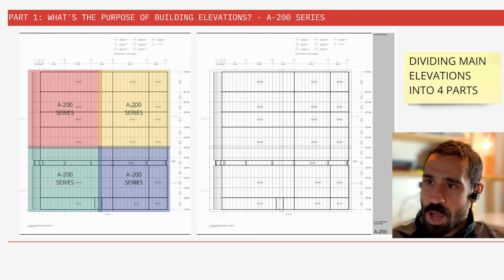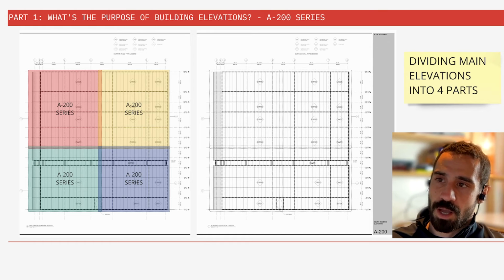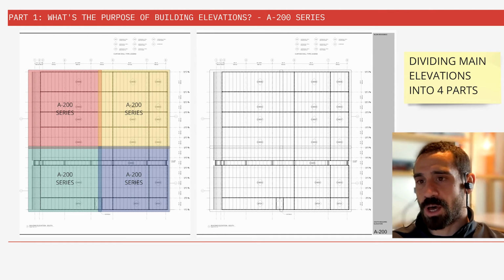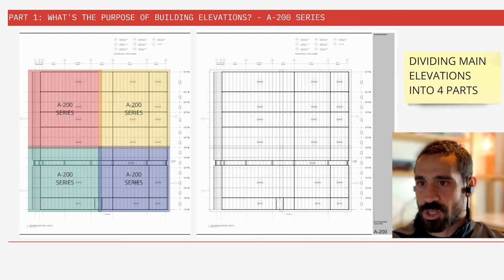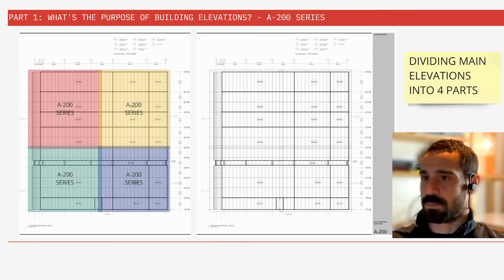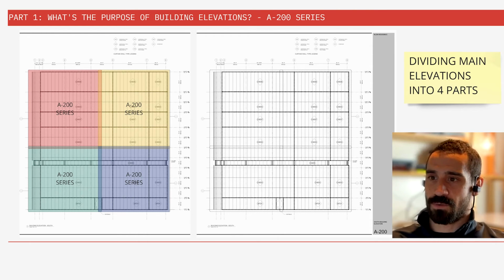Okay, you have the overall building elevation, but you need a way of zooming into its parts. You need a strategy to divide and conquer, and the most typical method is to divide your elevations into 4 subparts. So you want to make 4 large callouts, one for each quadrant, and each callout takes you to a larger partial elevation within the 200 series, where you can show more information and add more callouts. And from there, you start calling out the typical and atypical conditions, which reference the 500 series